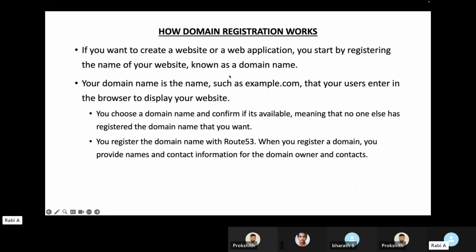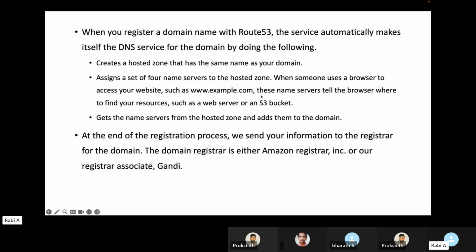Now, once you confirm that the domain is available, you register the domain with your Route 53. In this case Route 53, but you can use any registrar you want. When you register a domain, you provide names and contact information for the domain owners and contact. Basically, it's like a sign up, so you need to provide details. When you register a domain with Route 53, the service automatically makes itself the DNS service for the domain